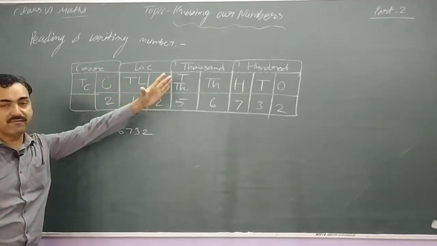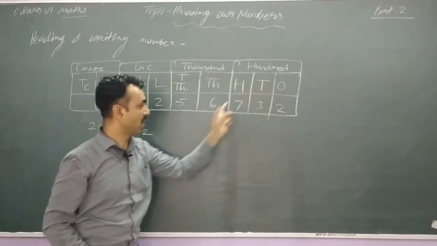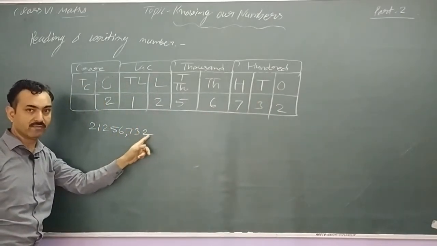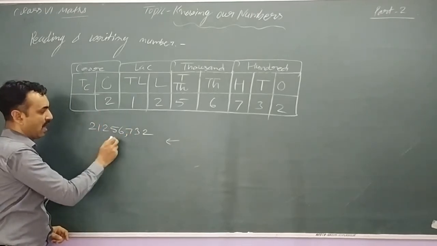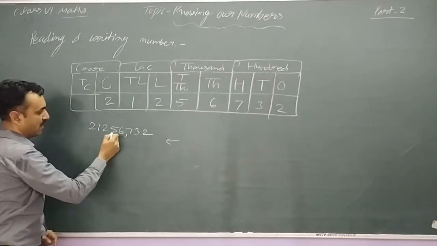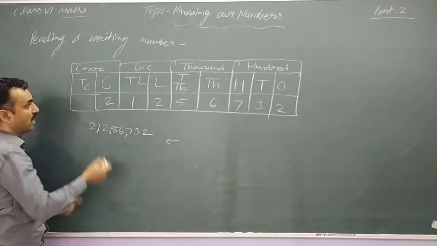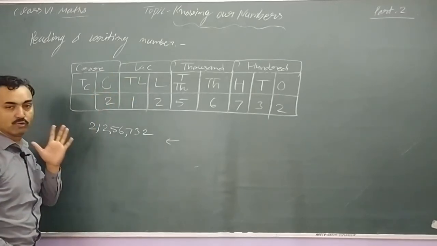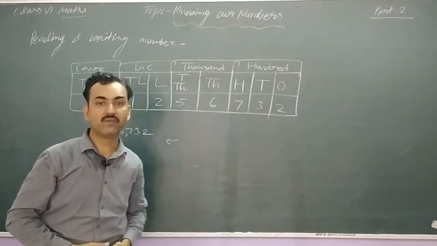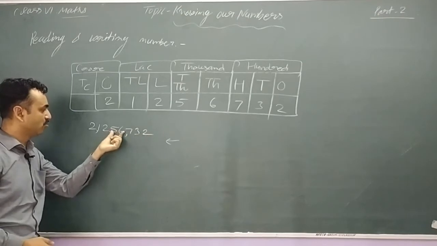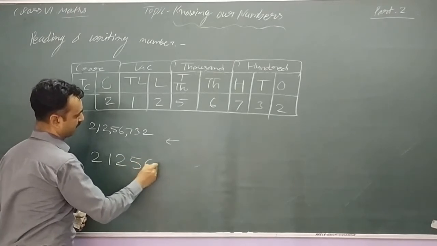So after every group you mark a comma. 1, 2, 3. After the first 3 digits from the ones place, you will mark a comma. After this you can see 2 digits, then again you mark a comma just after 2 digits. Again 1, 2, another group which is the lakh group, and this is the crore group. So why do we use commas? To read the number very fast. How? This is 100, 1000, lakh. Okay, I am writing a bigger number so you can see very clearly.